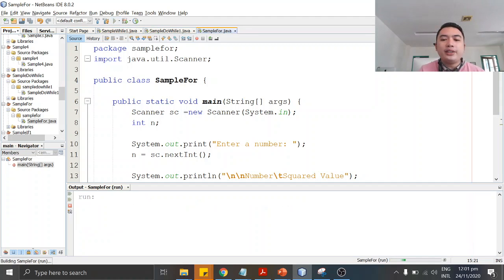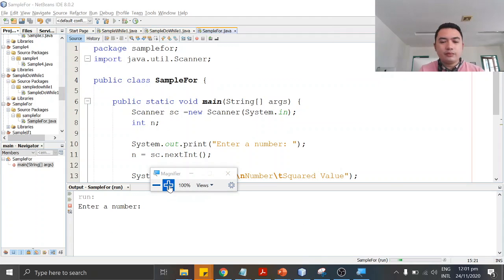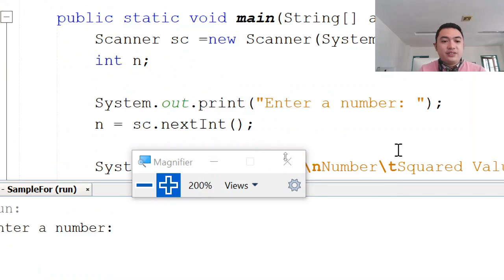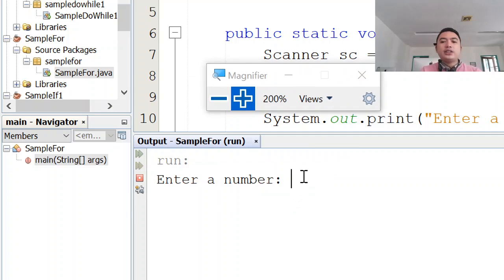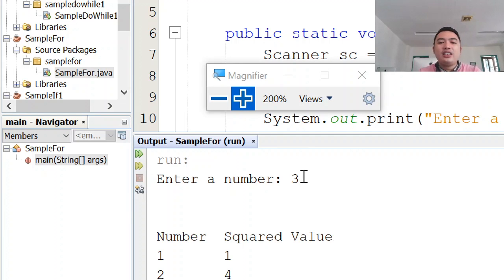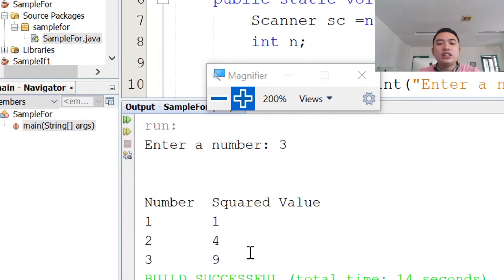Okay, let's run. Let's see if it works. So let's try to put 3 first. Okay, enter number 3, and there are too many \n's. Just one \n, I guess.